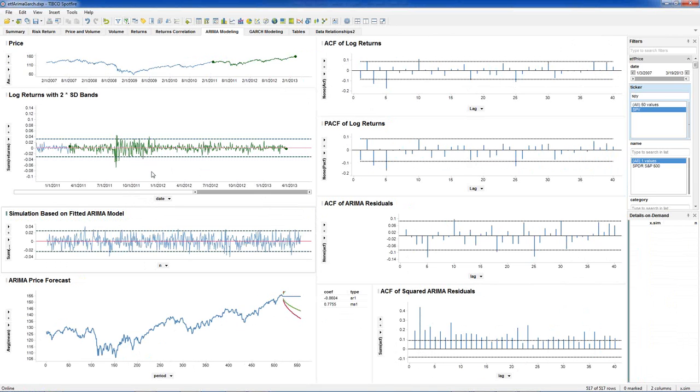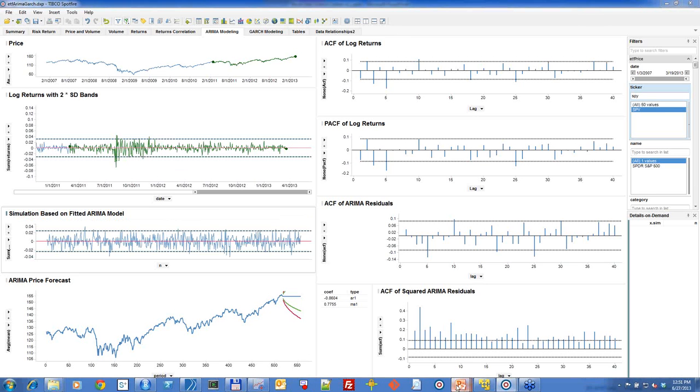So this is a very clear indication that the simple ARIMA model did not capture the process well. And in fact, the confirmation of that is this plot at the bottom. This is what we call the GARCH effect in time series, and it basically indicates that there's volatility clustering going on. So just by running the simulation, I can be fairly certain that the simple ARIMA model is not sufficient. I'm going to have to do some more modeling, perhaps modeling it as a GARCH process.